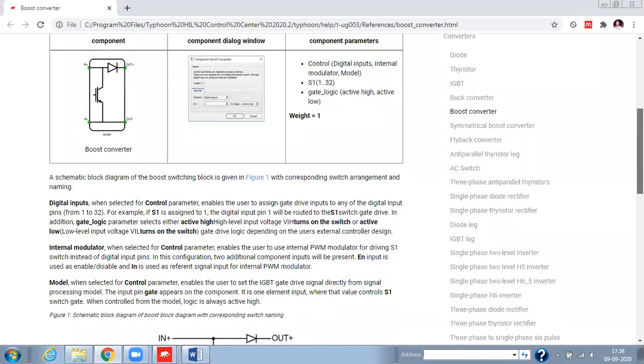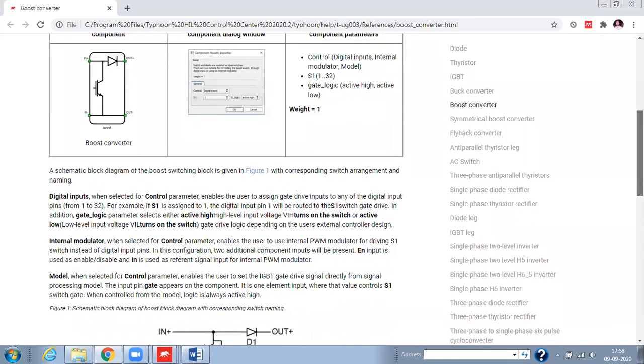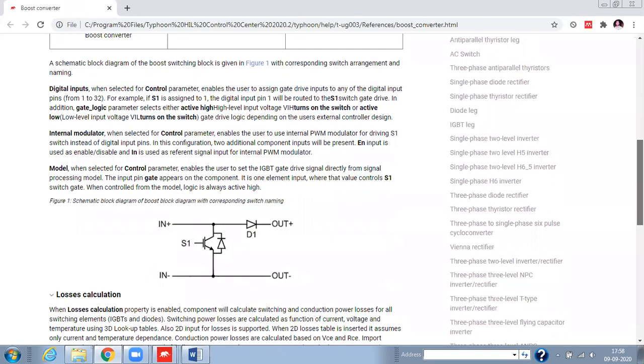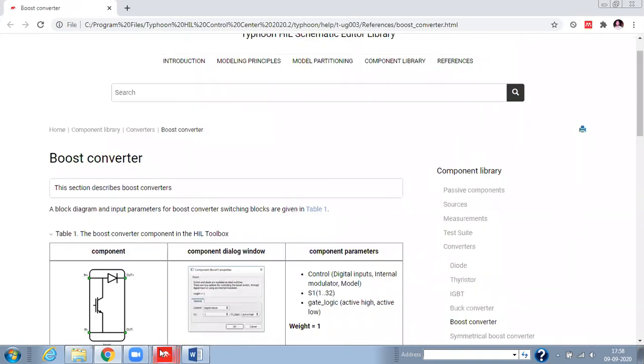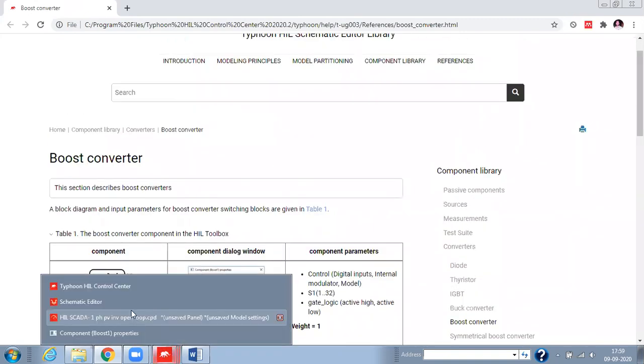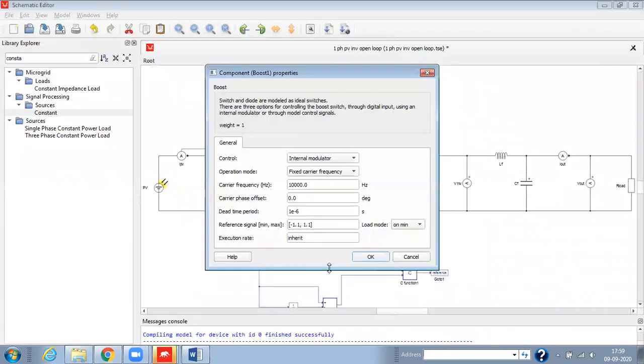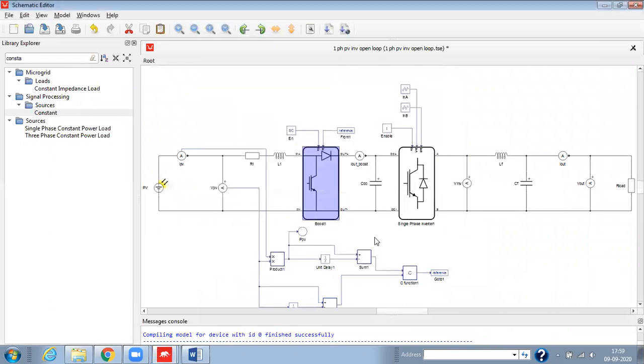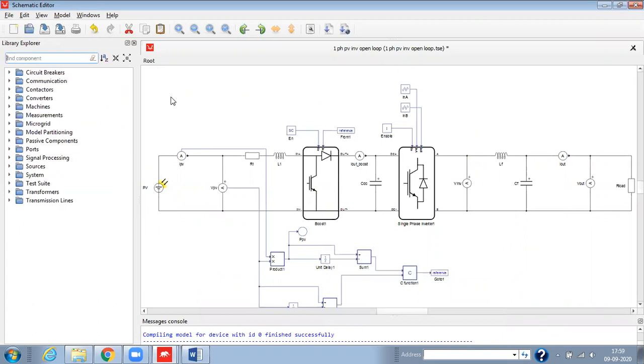Basically it is designed using IGBTs, so that's why we are using the carrier frequency here. Regarding any component, you can go to the help and study about that component.